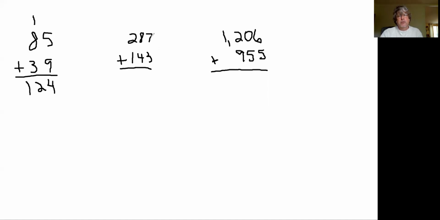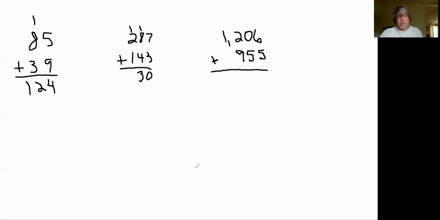So if we look at the next example, we have 287 plus 143. So again, I'm just using place value thinking. 7 ones plus 3 ones is 10 ones. So that means there's not any ones and just 1 ten. So I'll carry the 1 over to the 10 spot. So notice now I have 1 ten plus 8 tens is 9 tens, plus 4 more tens would be 13 tens. So here I'm going to bring down just the 3 tens, and I'm going to carry the 1 over to the 100 spot, because remember,